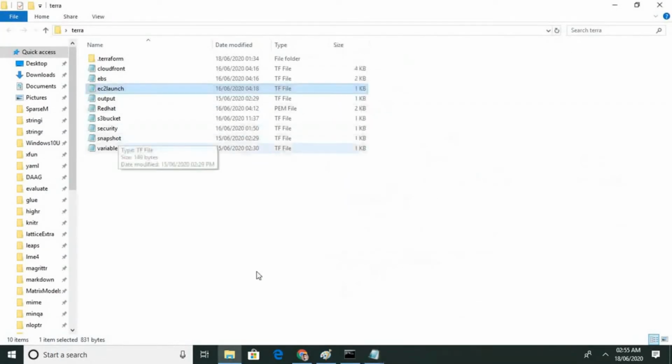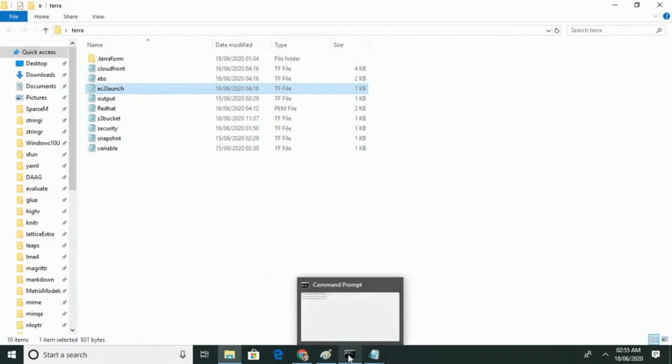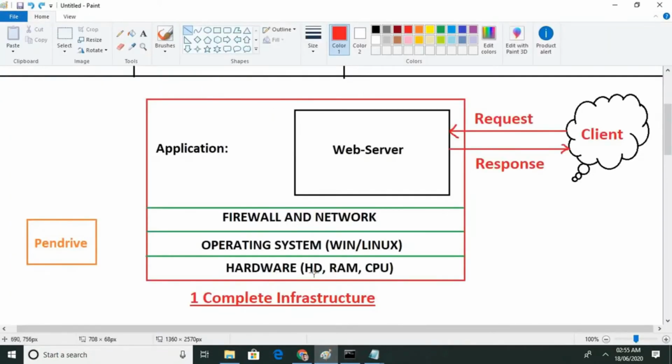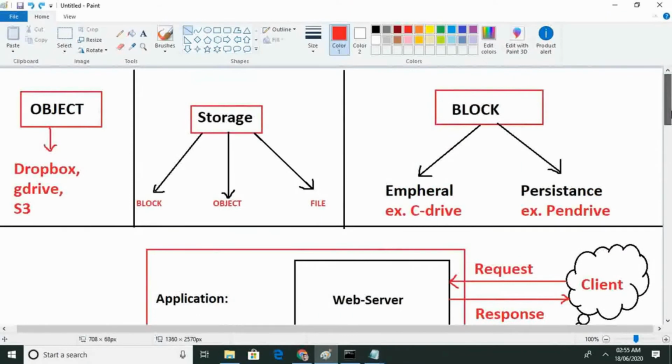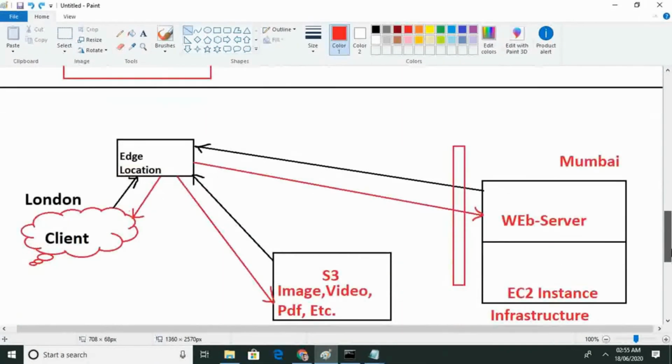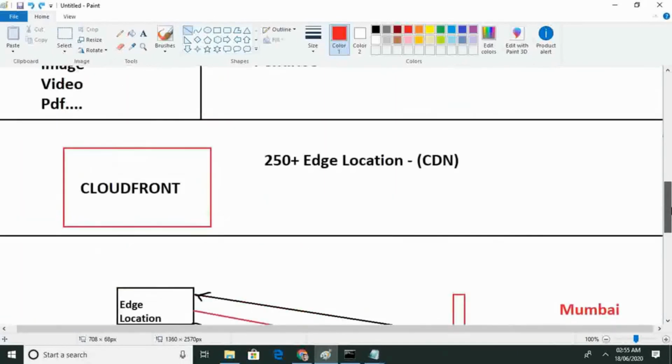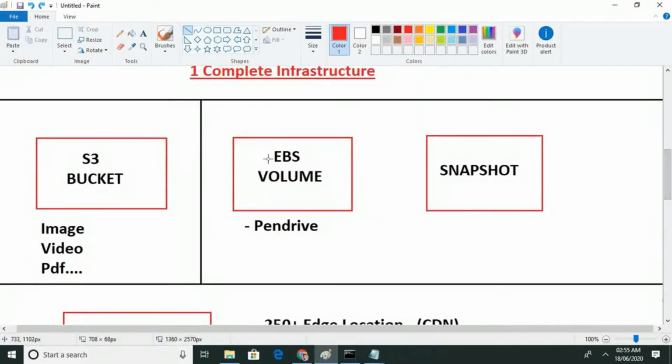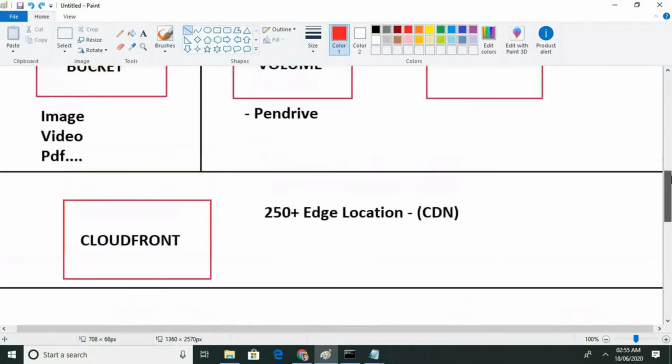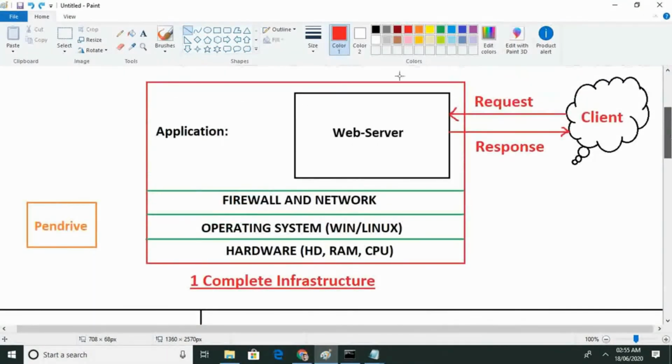Okay, so now you can see from the diagram that here we have created the EBS. We launched the instance, and in it we launched this.